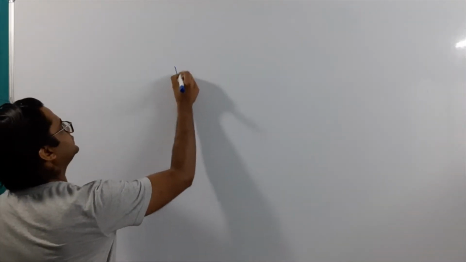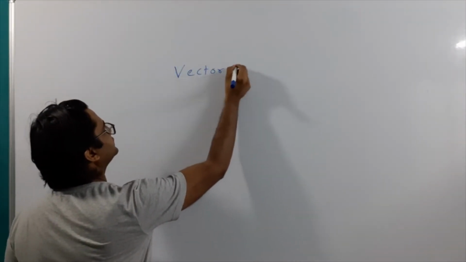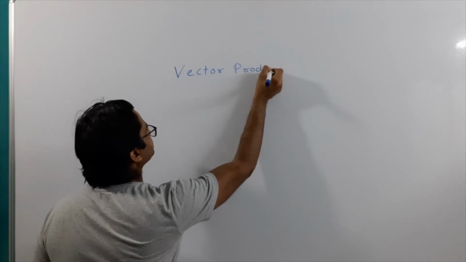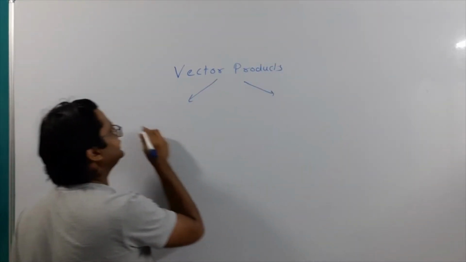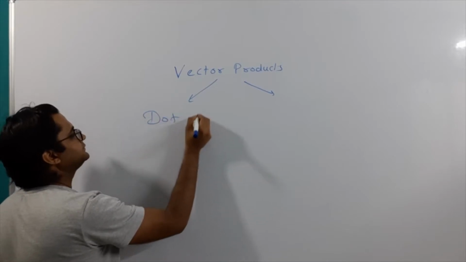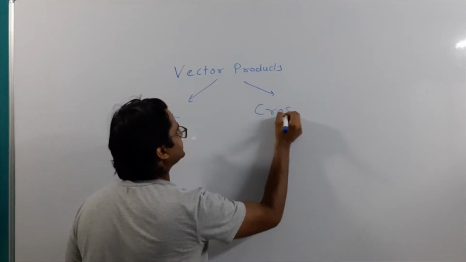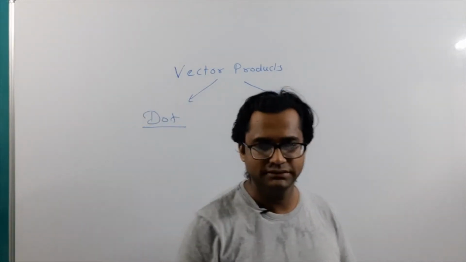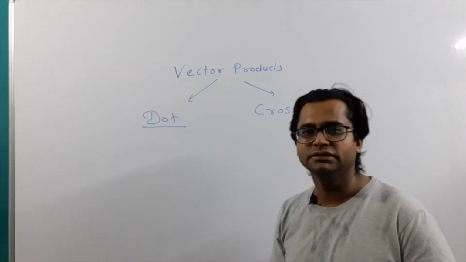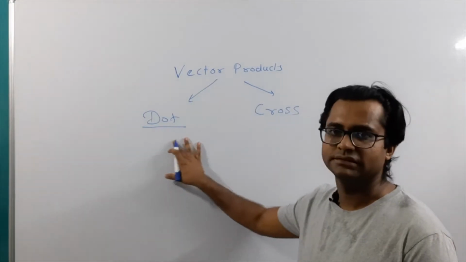बच्चों, in our previous session we have discussed about the type of vector products. Okay, so let's revise it. So vector products, there are two kinds of vector products. One is dot product and the other is cross product. So we have already covered dot product, its properties and its definition, the numericals of dot product in previous lecture.